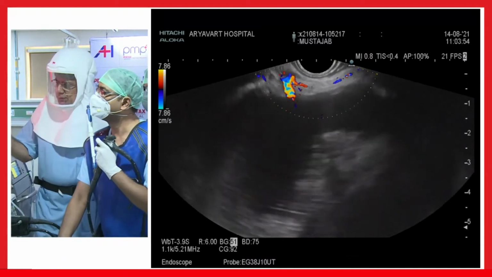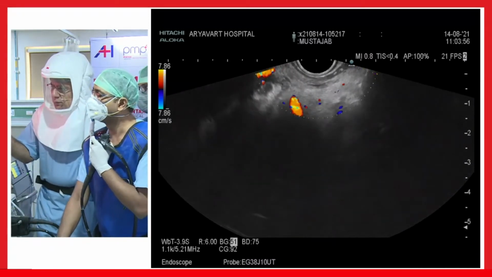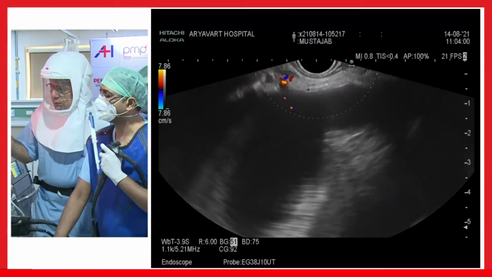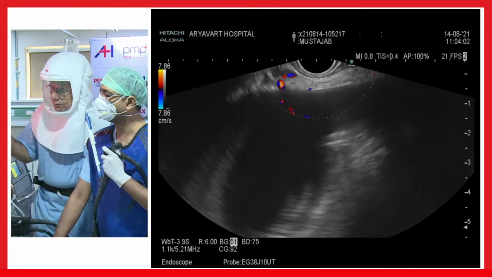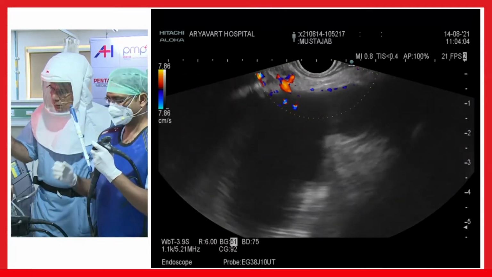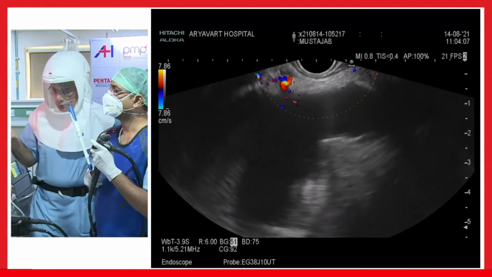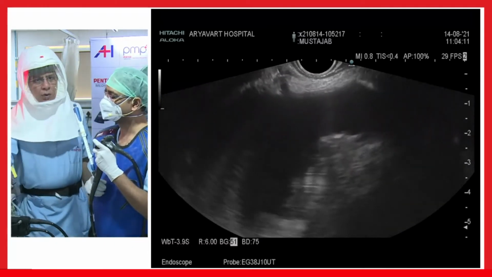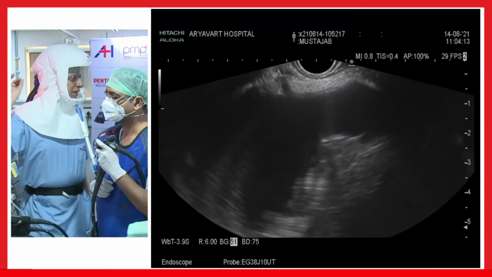Okay. You can see after rotating clockwise and anti-clockwise, you can see whether there are vasculatures in your needle path, so that you do not puncture the vasculature. You want to see the full depth again and remove color Doppler. Yeah. We will go slow, one by one, so that the audience understands each step.